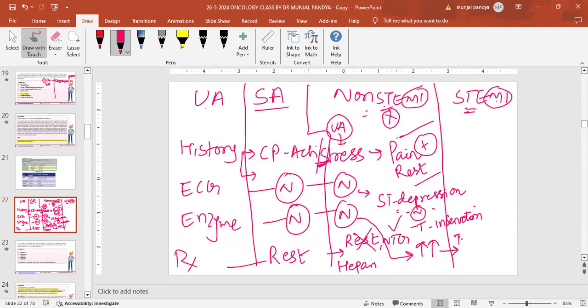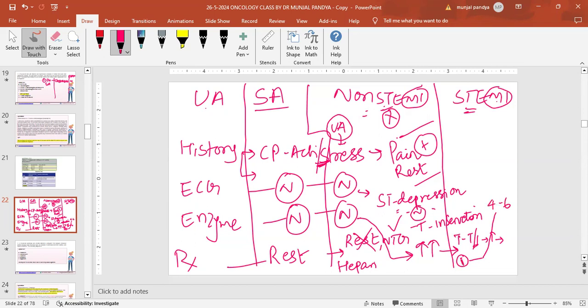So troponin I or troponin T gets elevated in the blood. When will it start elevating? At 1 o'clock a patient comes to you with chest pain and says, I just started, 1 minute back, I got the chest pain and it is increasing now. ECG is showing ST depression. You send the troponin I, and immediately it's not elevated, it is normal. So 4 to 6 hours it will get elevated.